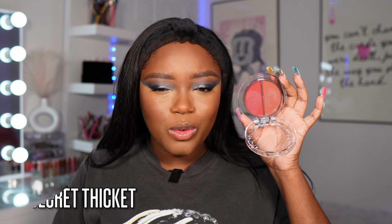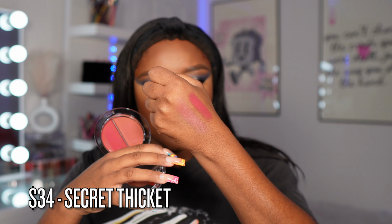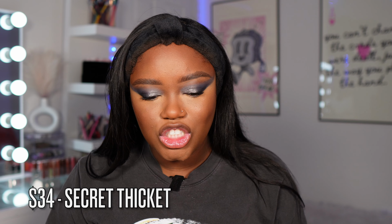Since the eyes are pretty glam, I went super glam with the base. But as I was doing my base makeup, I was like, a really cool tone pink would look so gorgeous with this eye. But I thought this was like cool tones, but it's not as cool toned as I thought it was gonna be. I mean, maybe we can just try it and then go on top with like a cool toned pink blush. I just want y'all to see this shade on me